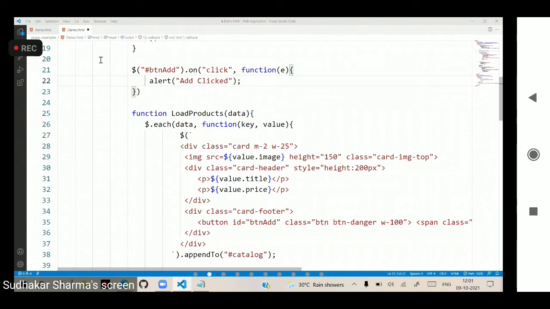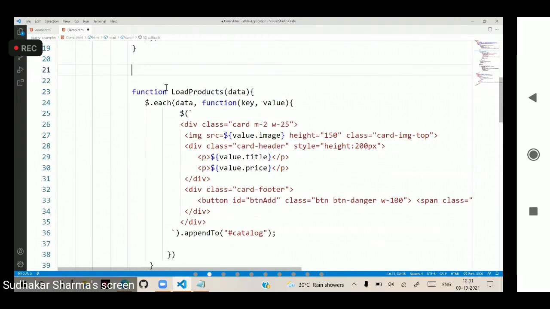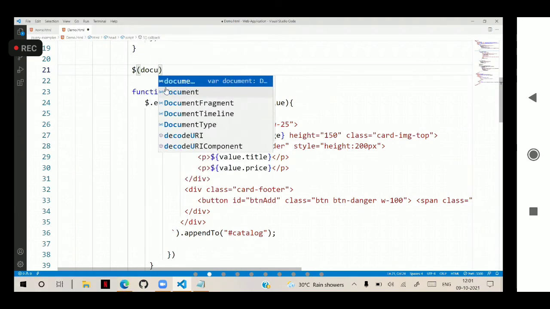Okay, so let's continue. Here, the approach for configuring this is: the button is present inside dynamically generated content. In that case, we usually need some event argument to pass as well. So we can configure it like this, with a dollar sign. This is very common and regularly used. We have to read the complete embedded document, so we use the document object.